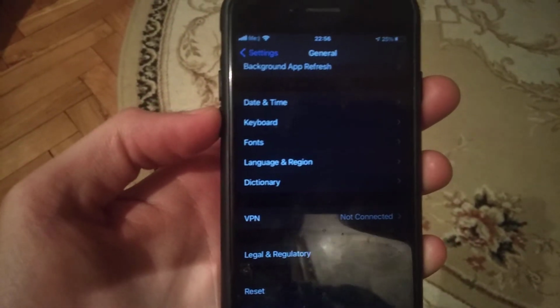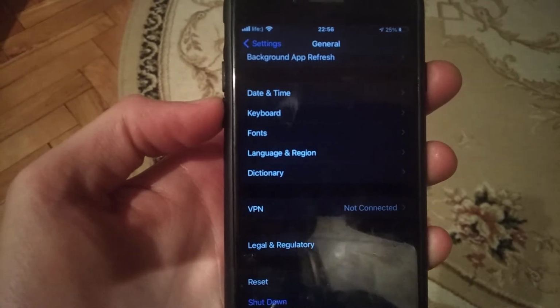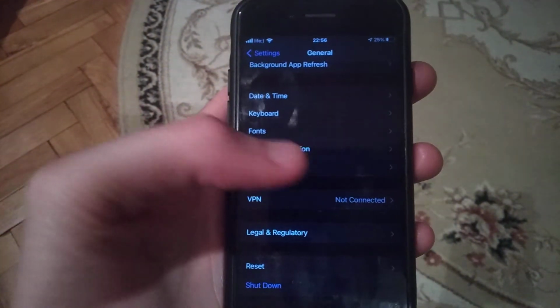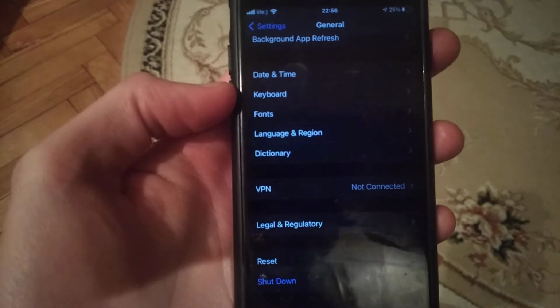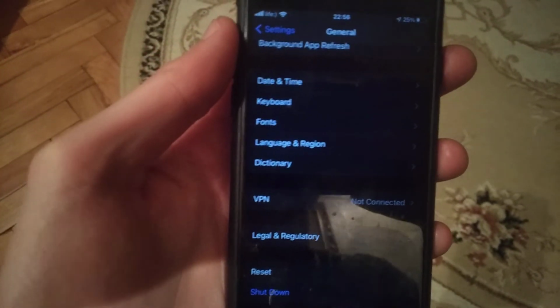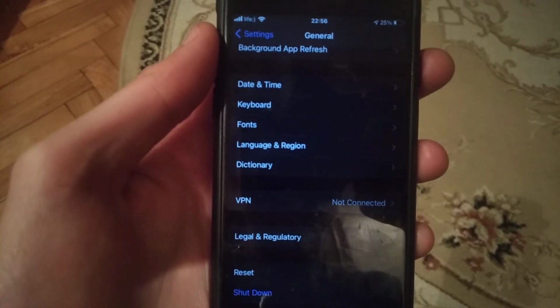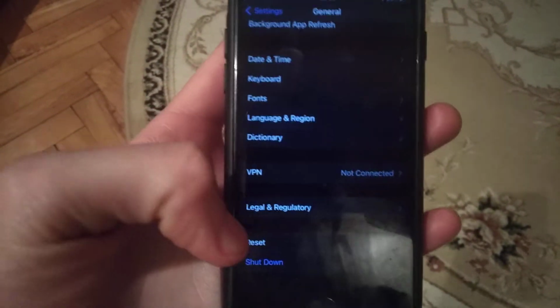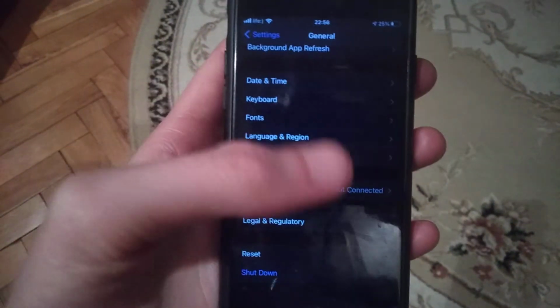Just keep holding the volume down and power buttons until you see the Apple logo. When you see the Apple logo, release your fingers from these two buttons, and it means that you successfully made a force restart. And the last thing you can also try is to go to General again